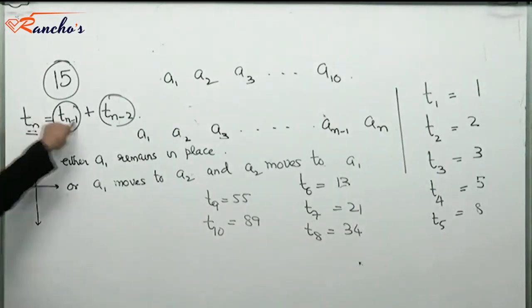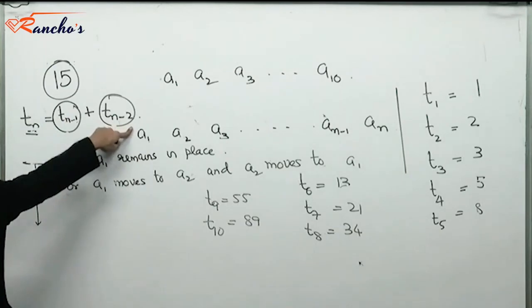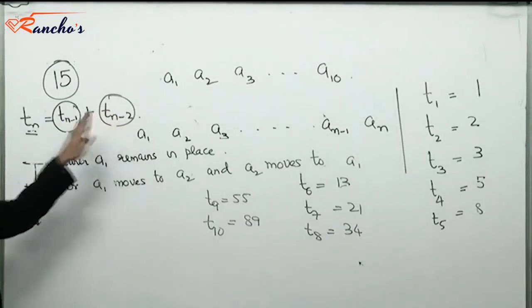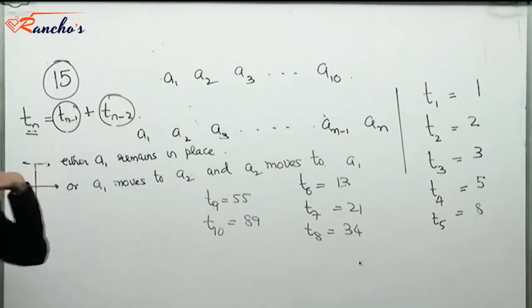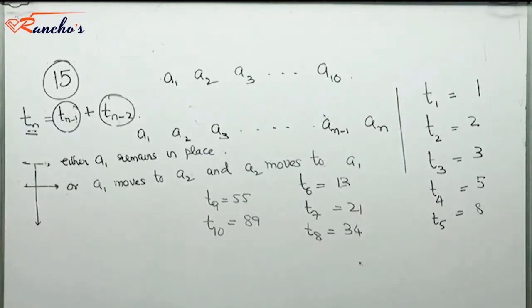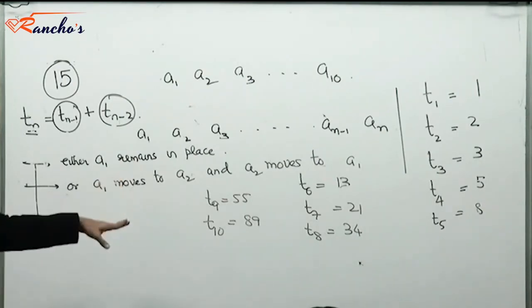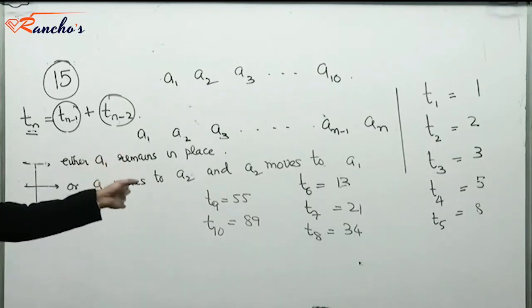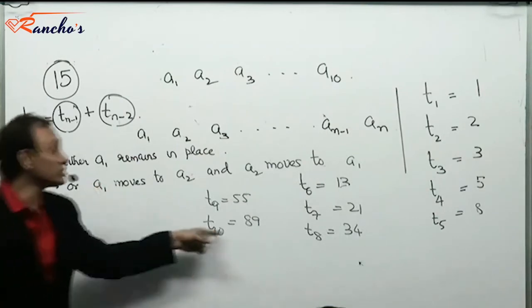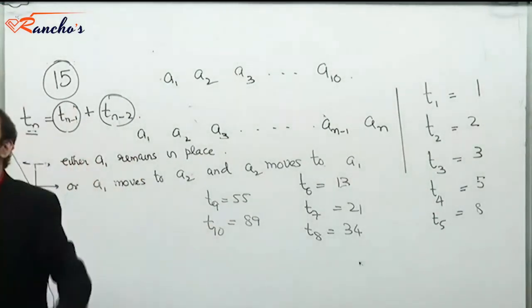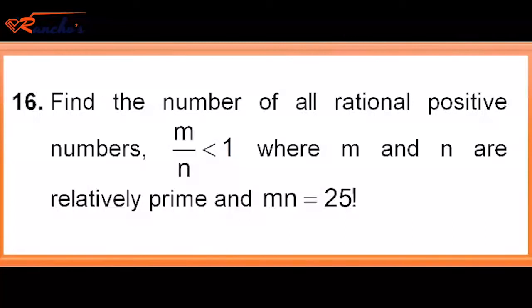I can also solve this recursive equation, but for the time being I'll let it go. But this recursive equation can explicitly be solved, Tn can be explicitly solved in terms of n, like the Fibonacci sequence. But for the time being, since it's only T10, this was easier. So the required count for 10 children is 89 ways in which it could be carried out.